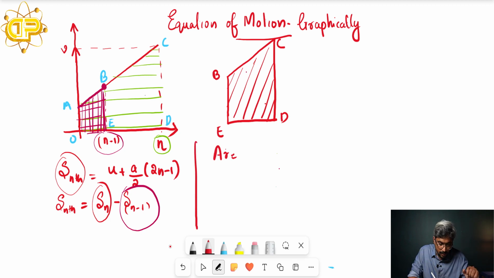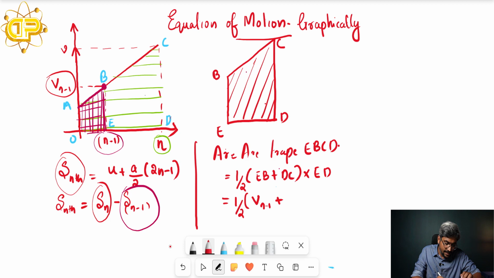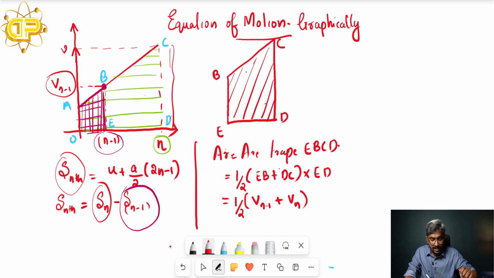Area is equal to, there also one trapezium is formed there, area of trapezium EBCD. Let us see what happens. So that is equal to half into, what is EB? EB is nothing but the velocity at n minus 1, right? This is V at n minus 1 time. So that is V n minus 1 plus, what is this DC? DC is the velocity at time n, that is V n. So V n minus 1 plus V n into,